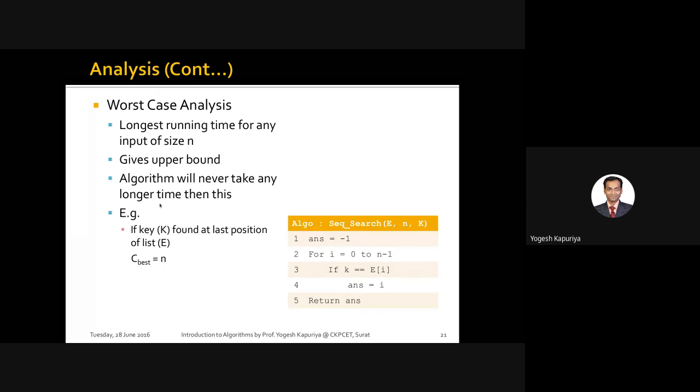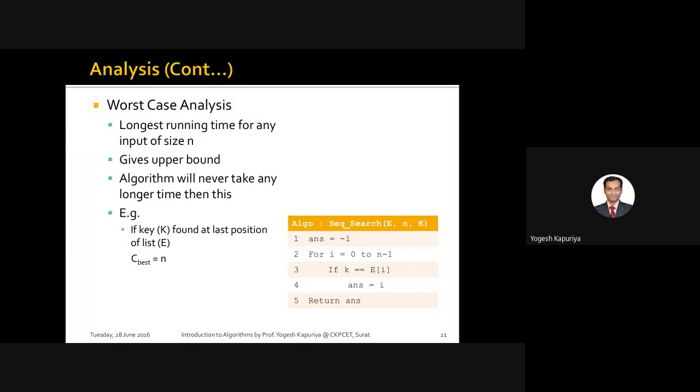So now when you are doing this, the worst case is a case where your element is actually found at the last position, or the element is not found. Because even if the element is not found, you still need to traverse through the entire array. Just consider that the element is found, but it is at the last position. So that means you are searching, let's say, 5 inside an array which contains 1, 2, 3, 4, 5. Then this is a worst case because the element you are looking for is found at the end.